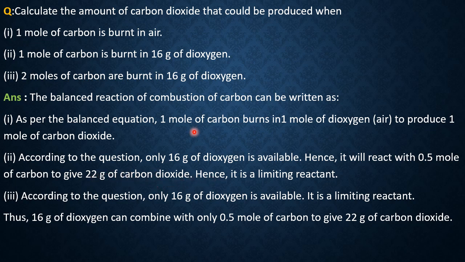In the same way, now third is 2 moles of carbon burnt in 16 gram of oxygen, which is fixed here. But here 2 moles we have taken. For 1 mole, 32 is required. For 2 moles we require 32 plus 32, 64. Only 16 available. Once again, this is extra, this is less. So once again, dioxygen is the limiting reagent. According to the amount of 16 gram, once again same amount is formed, 22 gram of carbon dioxide. So I think with these 3 examples, what is meant by limiting reagent is understood, and how to calculate also we understood.